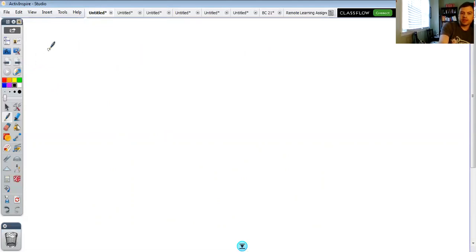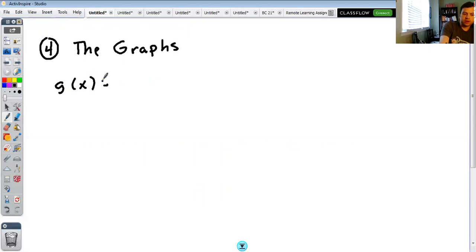Okay, the last thing to look at today, and I think the graphs are going to be important. There's a graph problem that comes up in this section that is very common on the AP exam. So let's say that you know a function g of x is equal to the integral from 0 to x of f of t. So we define an integral function g. And then a problem gives you